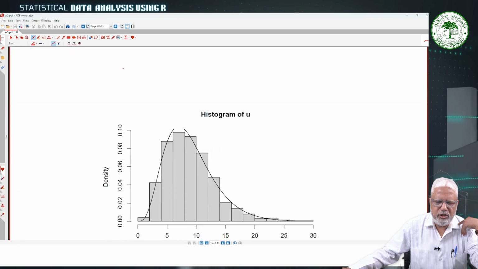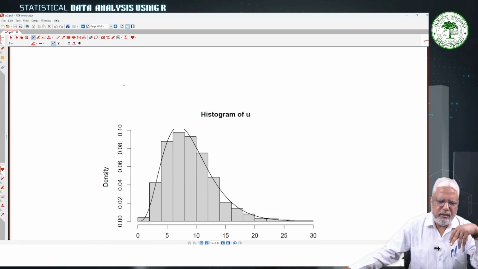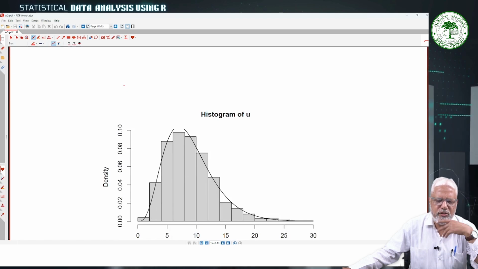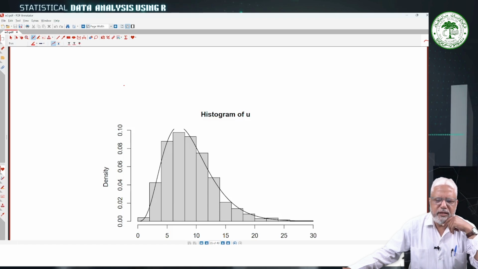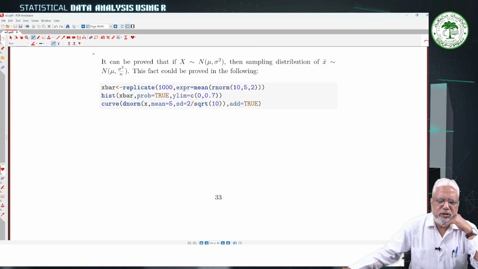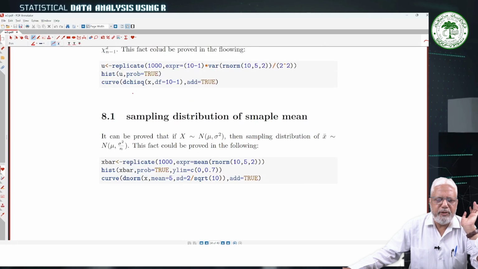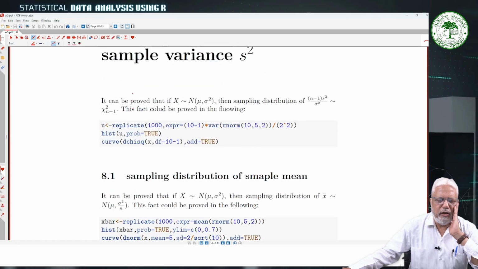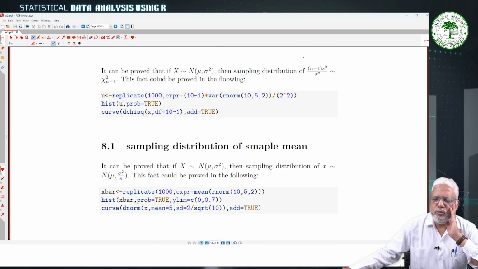So this is simulation from chi-square distribution with 9 degrees of freedom, and this histogram is made on simulated data, whereas this density curve is the exact curve of chi-square distribution with 9 degrees of freedom. So this all proves that the sampling distribution of sample variance follows chi-square. So we have proved this result